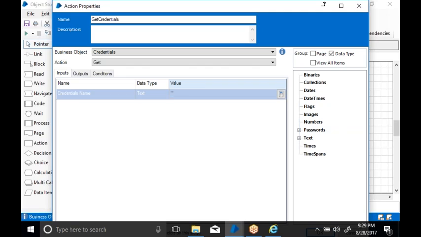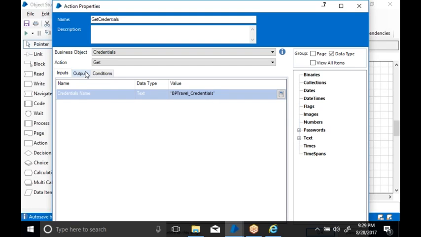Whenever you give a value, anywhere, be it a write stage, read stage, or navigate stage, the value should always be in double quotations, if you are not giving a data item. Now our value is BP travel underscore credentials. Now that I am giving the name, I should get the output, the username and password,